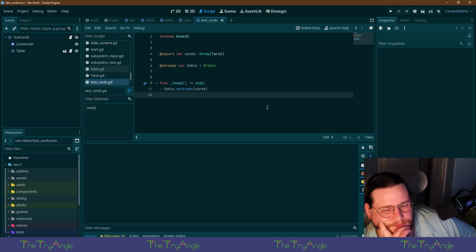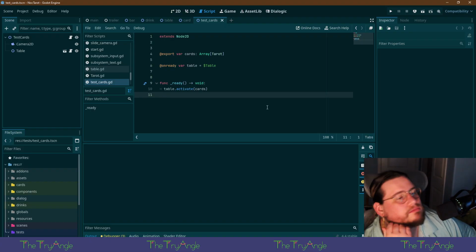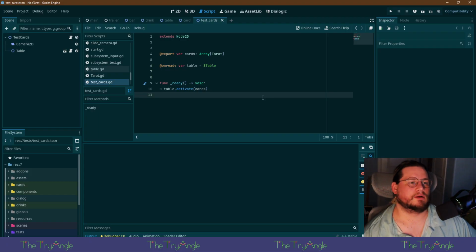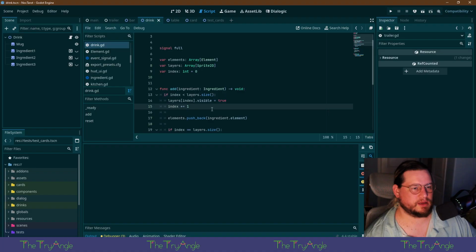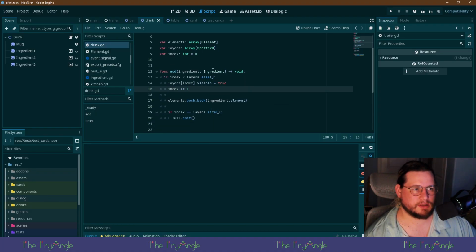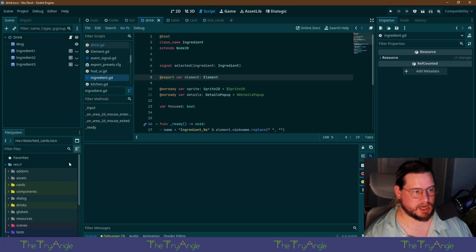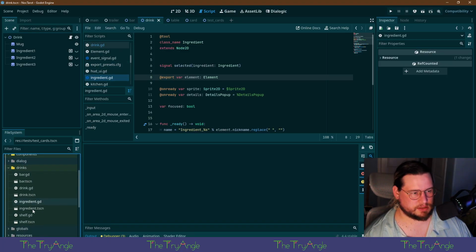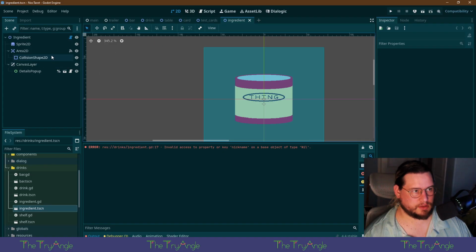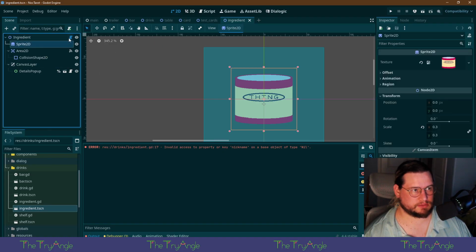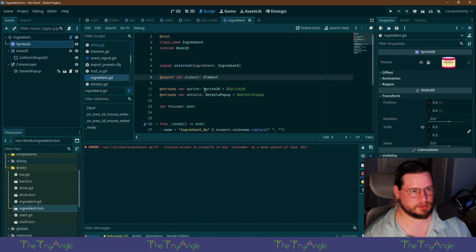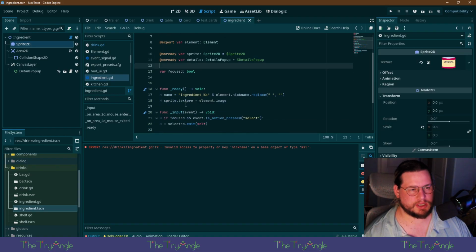Maybe we can. I mean, it's kind of okay if we were to do that. This ingredient has, what has it got? We have the visuals. Okay. We could.